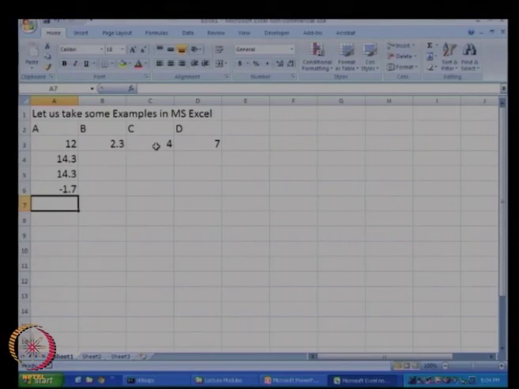A third way of doing this, let us say we want to get the value of C multiplied by D, is to press equal to and then use the cursor keys. Cursor keys are the arrow keys: up arrow, left arrow, right arrow and so on. I will first click on the right arrow, and as you can see, it leads to this particular cell, and the number of that cell immediately comes into our formula bar as well as in our cell.